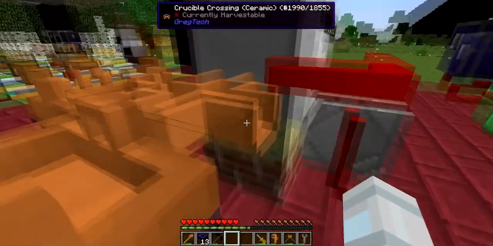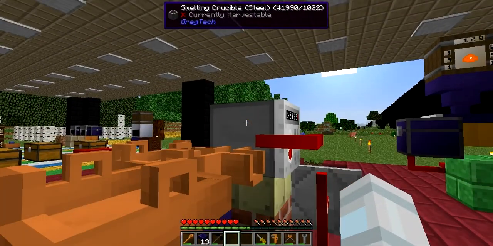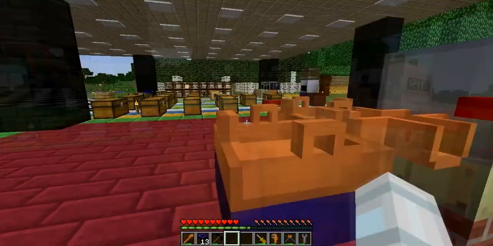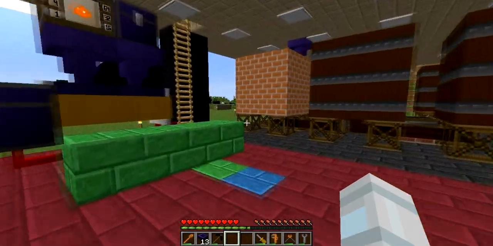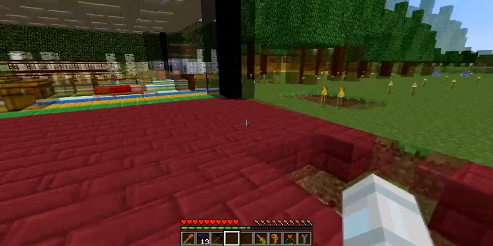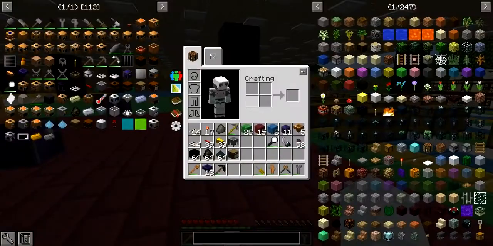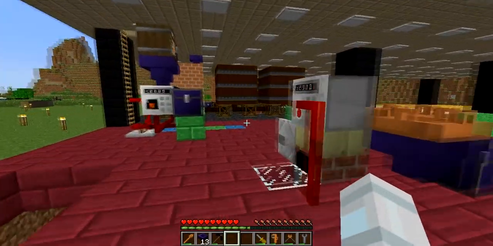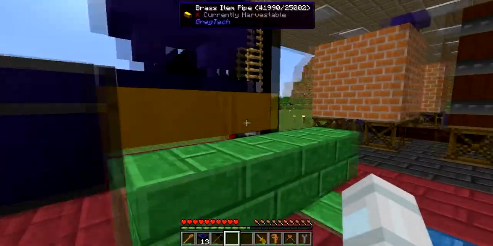A crucible can only hold about 15 units of material, and when we say units is not simple, small ones, like tossing a charcoal pellet does not count as one unit, because it is 1/9 of it. So if I throw 9 charcoal pellets, it's going to be 1 unit. So this recipe already